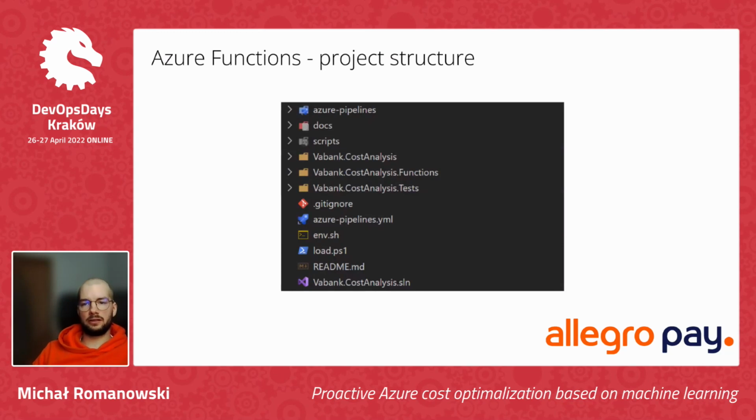For those who are not familiar with Azure Functions, I will describe the project structure that we are using internally. From the top, we have an Azure Pipelines directory, which contains all of the templates for the CI/CD system. And then we have a documentation directory and a scripts directory, which contains the infrastructure as code implementation. Then we've got three .NET directories, a single .gitignore file,